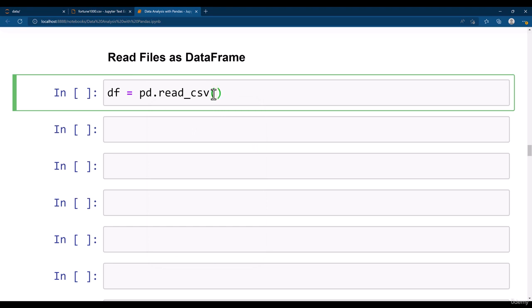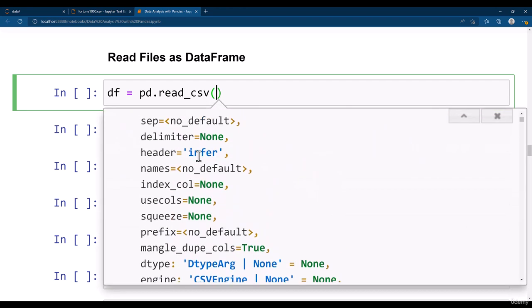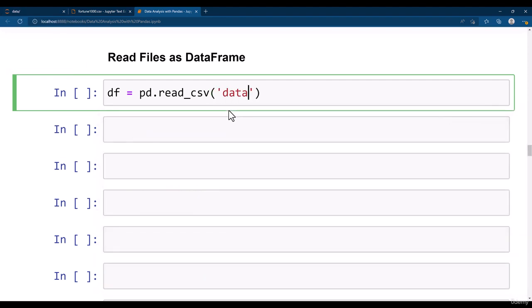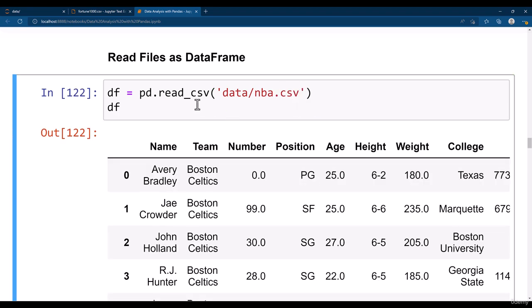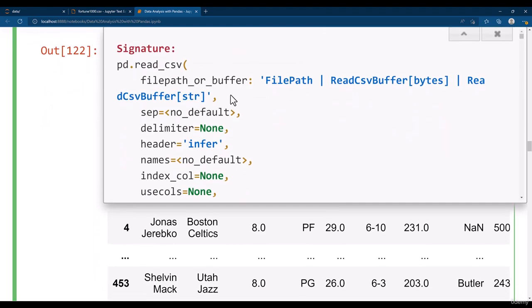Thereafter, you can simply put your cursor between the two brackets and press Shift and Tab. You will be given a list of suggestions there. These are the parameters which read_csv takes. The first parameter is the file path, and the file is nba.csv inside the data folder, which I'm going to pass here as data/nba.csv, and then df, which is a data frame. Now you see that I don't need to pass any other parameters because all other parameters are default parameters